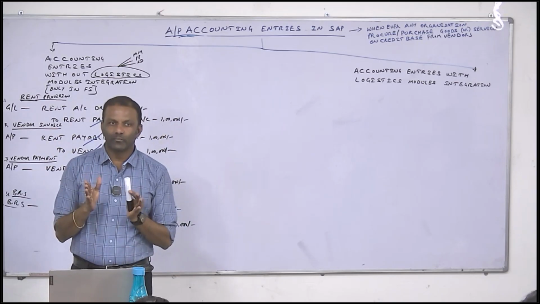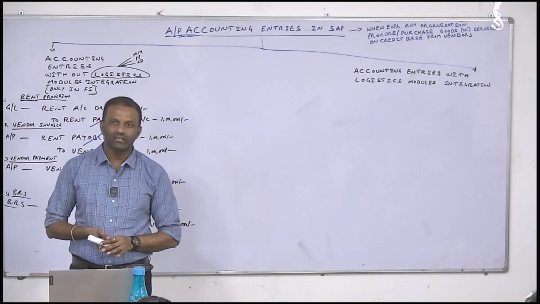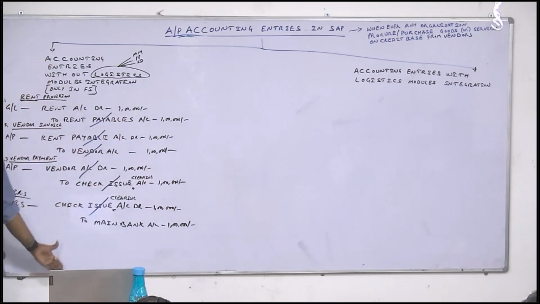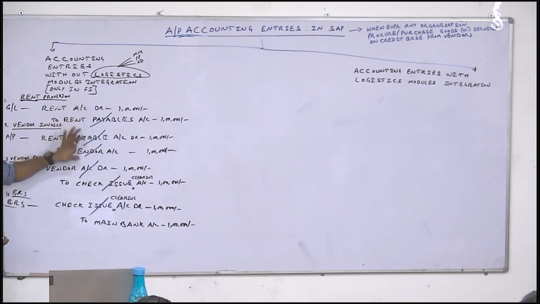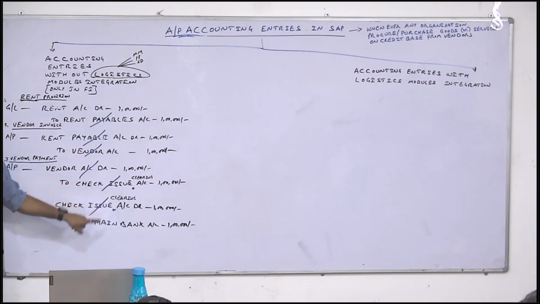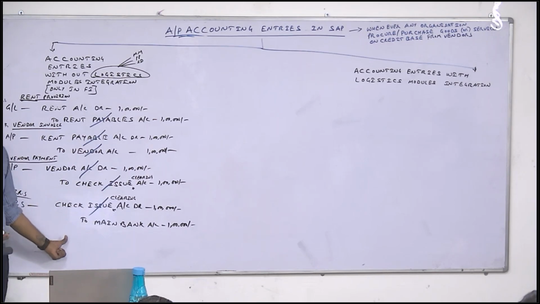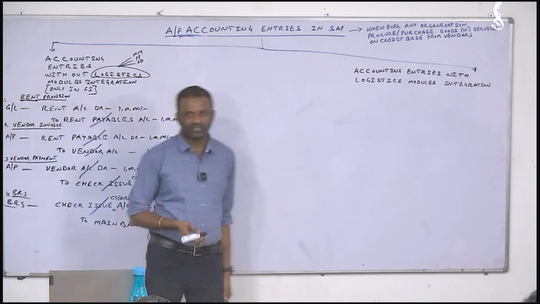But the companies who are following a proper structure always go with this accounting entry system. First they will post the provision, next they create the invoice, next they will make payment with a clearing account, not with the main bank account. Then whenever they are doing BRS, they post this account. Please note it down. Tomorrow I will discuss that one also in detail.